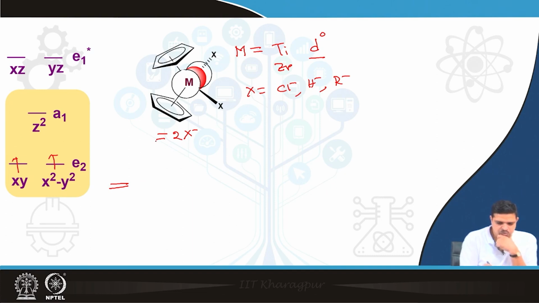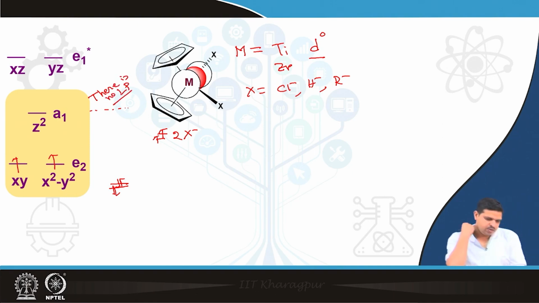So 1, 2, 3, 4. So these 4 electrons will be filled up, and this one will have that, and here you see there is no lone pair, and this non-bonding orbital will have no electron. So it is basically an empty orbital,